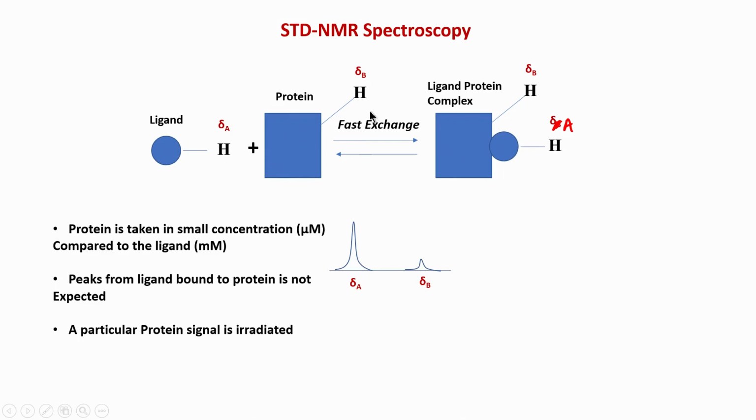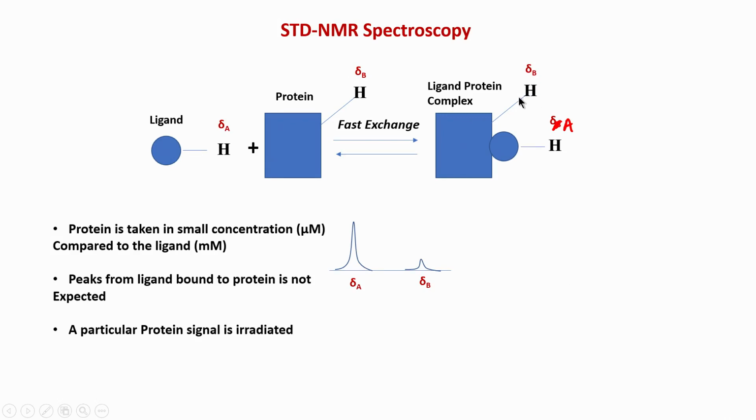And typically the protein signal which is irradiated now, remember in the previous lecture we discussed this, that we have to irradiate a signal of the protein which, if it is close to the ligand proton, will transfer that irradiation, and that irradiation of this proton of the protein is called saturation. Okay. So, this is a standard nomenclature used in NOE. So, we saturate the signal of the protein, not all the protons of the protein, a particular signal. So, which one typically do we take?